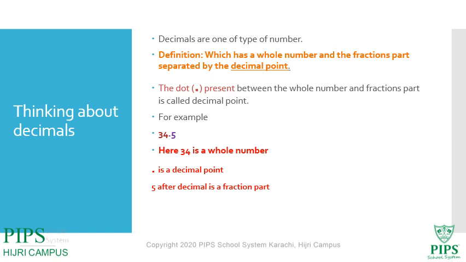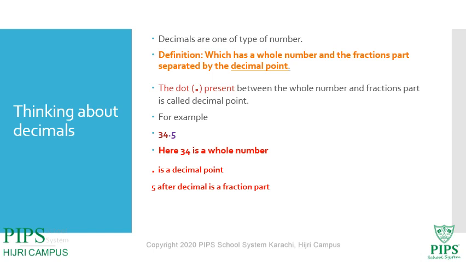How do we arrange them? When we are talking about arranging decimal values, then the whole number will be written at the left side of the decimal values, then the decimal point will come next. After that, on our right hand side we will write the fraction part. So we can say that a decimal number is one in which we have a whole number and the fraction part, which is separated by the decimal point.